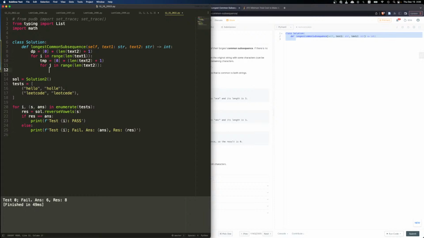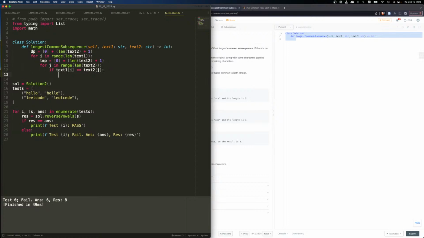Okay. And we say if text 1 i is equal to text 2 j, right? If these two are the same, then temp j plus 1 shall equal 1 plus dp j. dp is the i minus 1, right? So yeah, because they're the same, it will go back up. Let's say else